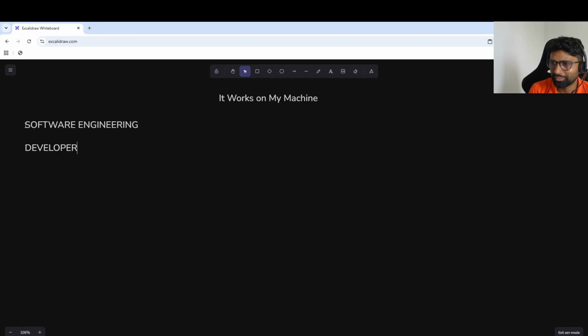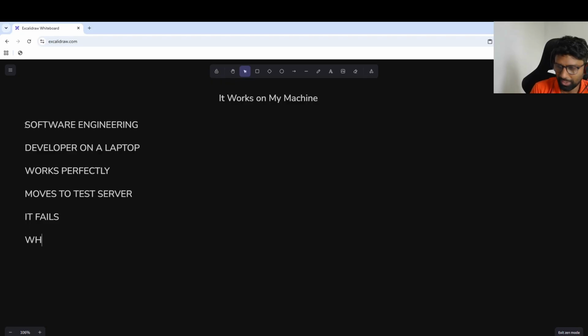A developer writes an application on a laptop. It works perfectly. Then the application moves to a test server. It fails. Why? Because of n number of reasons. For example, because environments are different.